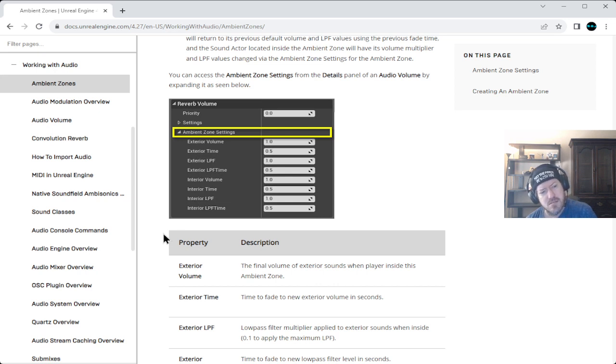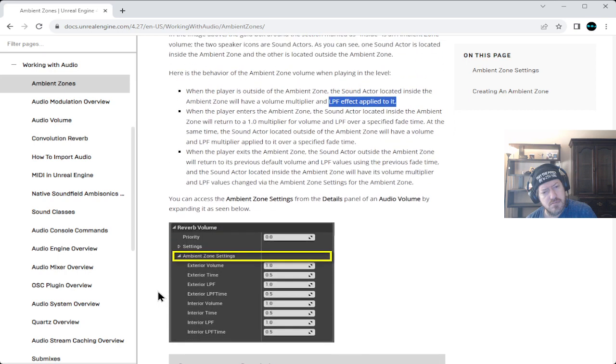But why would you want that? Well, if you're going inside, you want certain noises to stop. Say you have your character walking in a city. You hear all the crowds, all the walking, and you walk into a shop. The LPF would block out all that sound and leave only the sound you want there to stay.